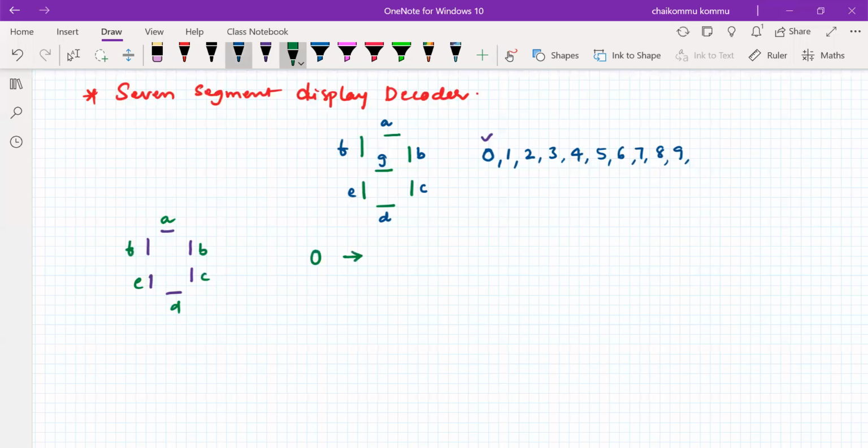For example, LED is an output, A, B, C, D, E, F, G. If you want to generate a 0, what LEDs must glow? This must glow, this must glow, this must glow, this also must glow.